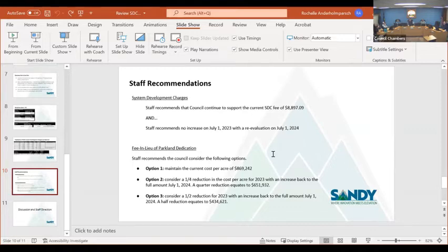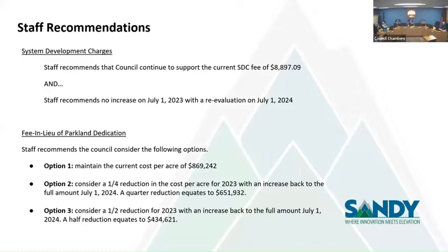So just real quick, and then I'll go to you, Rich. It's just to get to where you were going, Kathleen. So the staff recommendation was to continue to support the current SDC fee, and staff recommends no increase on July 1st, 2023 with the reevaluation on July 1st, 2024.